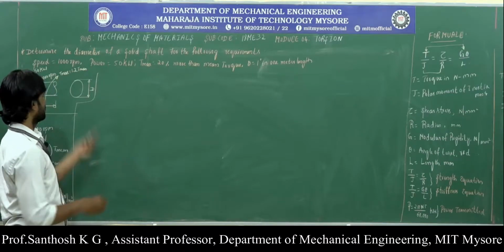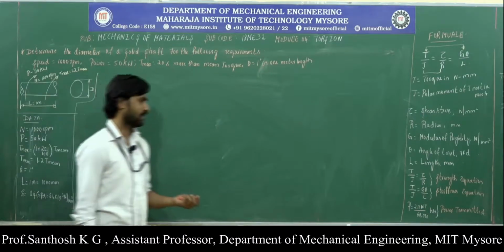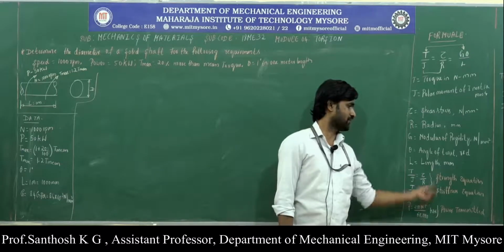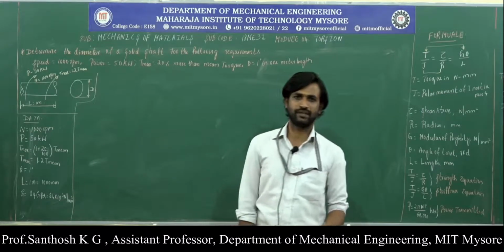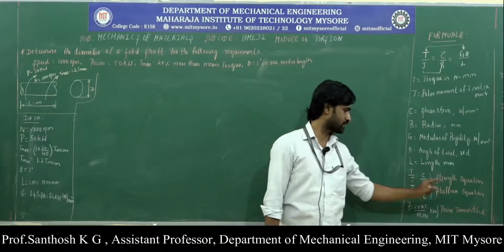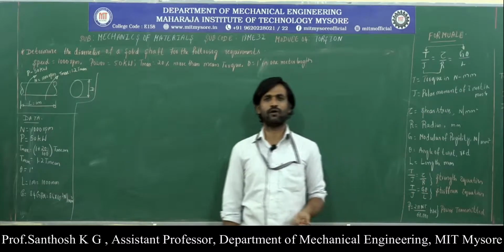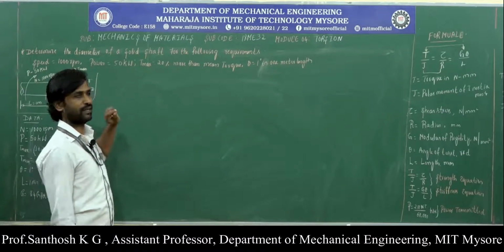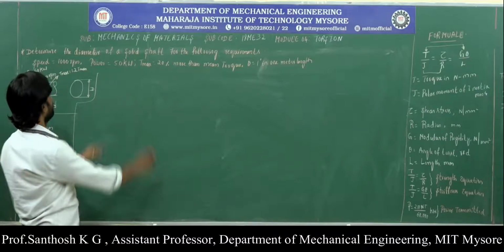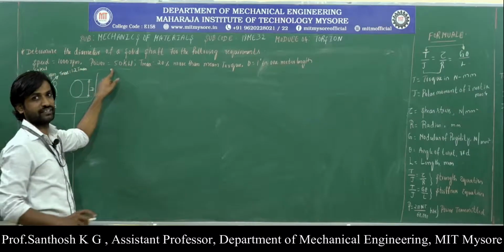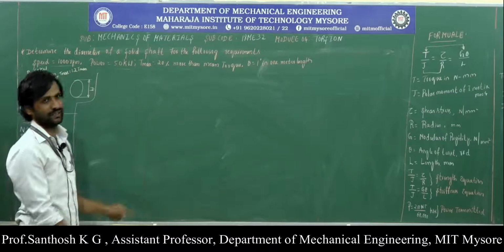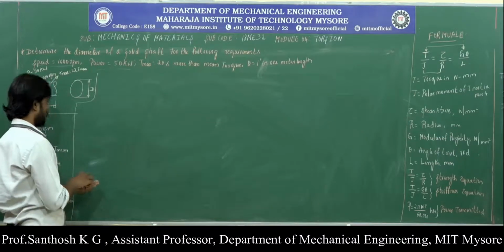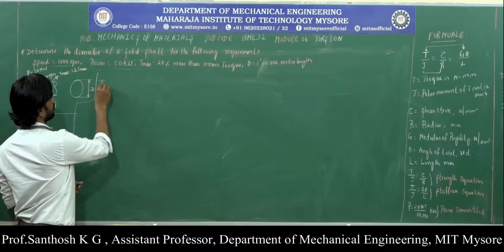Using these data, let us try to calculate the value of D. Again, in order to find the value of D, we can make use of the strength equation as well as the stiffness equation. But if I want to use the strength or stiffness equation, I should know the value of torque. But in this problem, the value of T is not given directly. Instead of giving T, they have given the amount of power that a shaft can transmit under the speed of 1000 rpm. So, using these two data, let us try to calculate the value of torque.